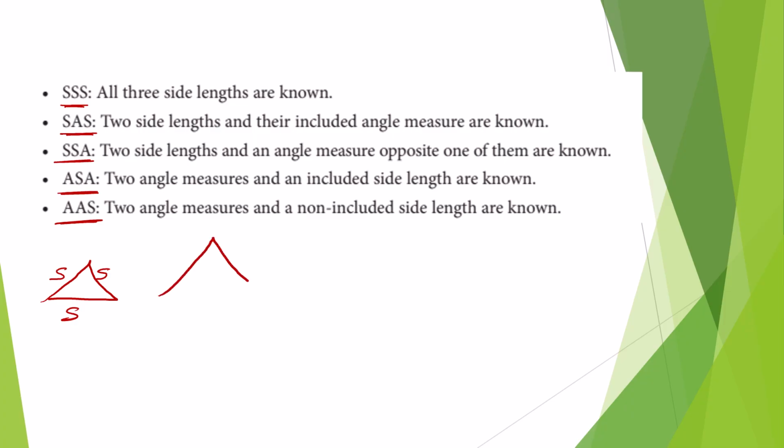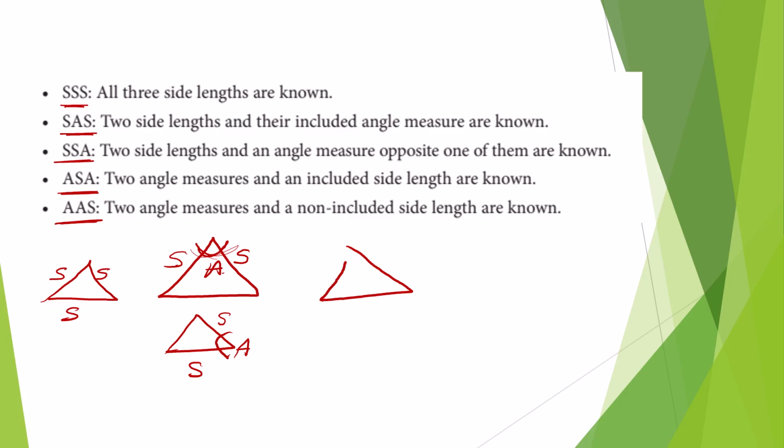Now SAS means that two sides are given and the angle between them is given. So you will read SAS. Anywhere, if the two sides share a middle angle, it is said to be SAS. Now if two sides are given one after the other and after that an angle is given,